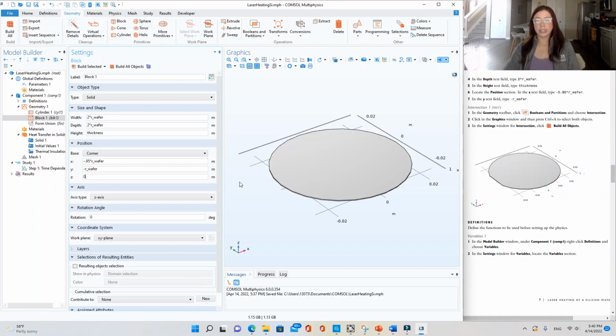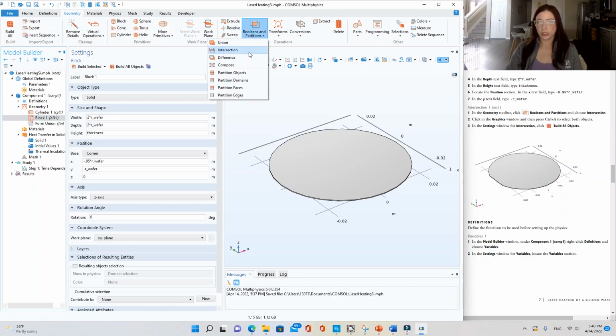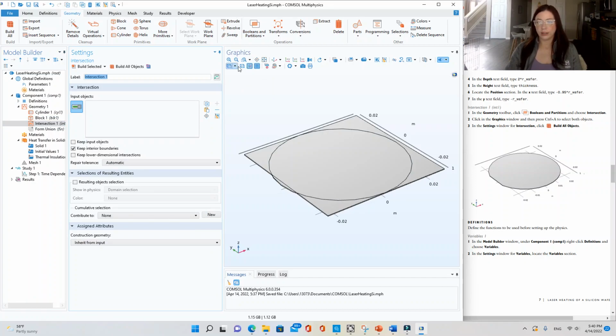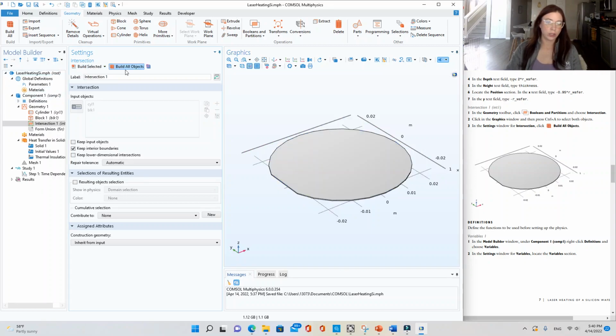Okay, and now we're going to add an intersection to intersect the cylinder and block 1. Go to the geometry toolbar, Booleans and Partitions, Intersection, and in the graphics window, press Ctrl A to select all the shapes. Okay, so they're all selected, which you can tell because they're purple. In the settings for the intersection, click Build All Objects. You can see what we did here is create a square. So if I click undo,